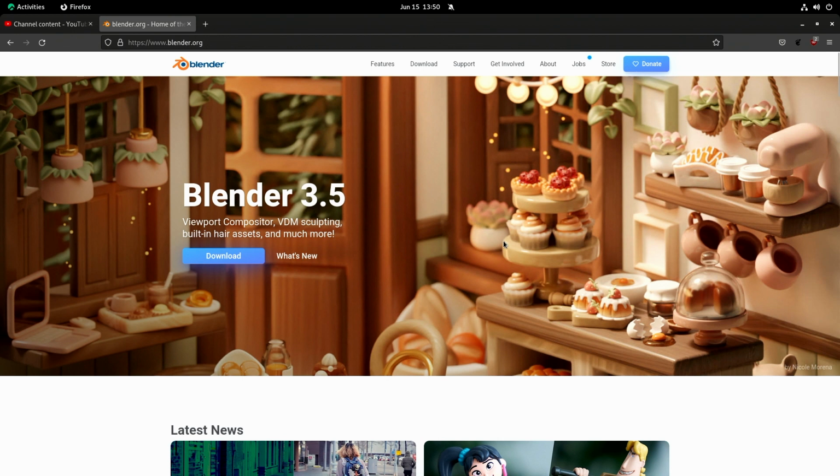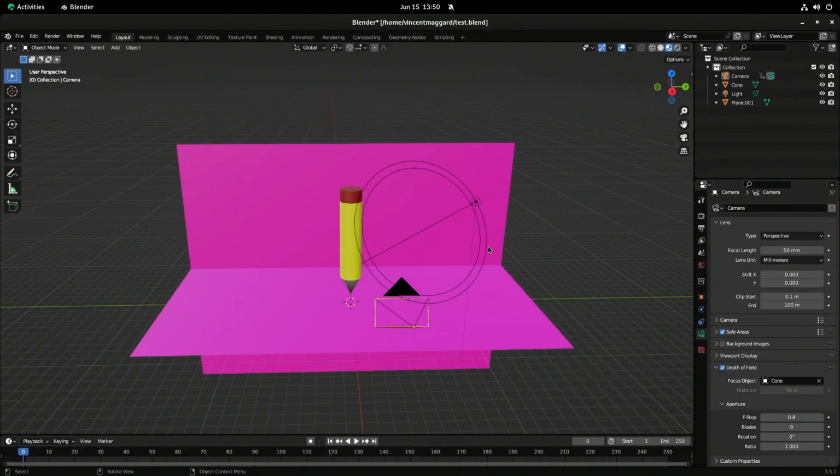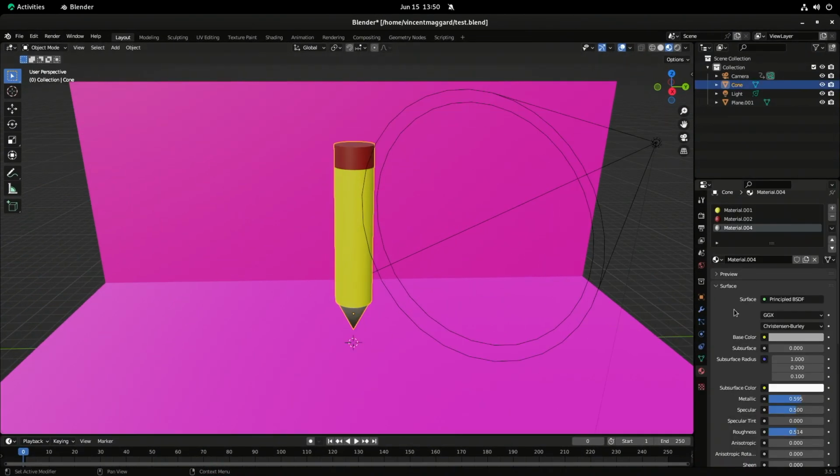So another thing we can talk about is how you can shade the objects. So I'll come in here and I split this object into multiple pieces. So for example, the yellow right over here shades obviously the middle here. Up here, this shades the eraser part with this brownish red. And then down here we have this little gray looking color that is for the tip of the pencil.